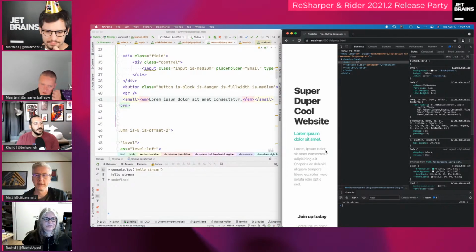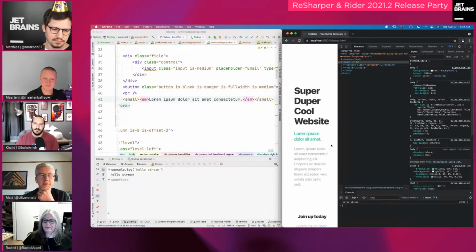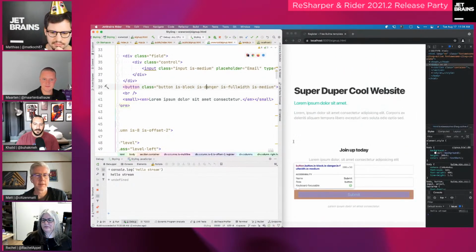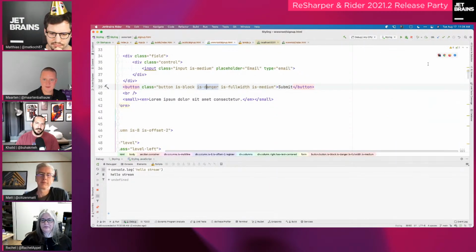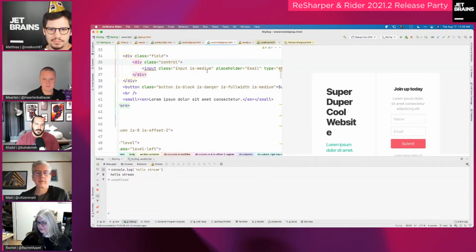A lot of the tooling and a lot of the experience that WebStorm users get just comes by default inside of the Rider experience. And some of this debugging experience that the newest version of Rider has is really, really amazing, especially when it comes to debugging and live reloads. If you're actually dealing with a lot of HTML, you don't even have to open the window anymore. If you look up here, you'll see all the little browser windows, and you'll actually notice the Rider icon. So now you can just click and actually do those